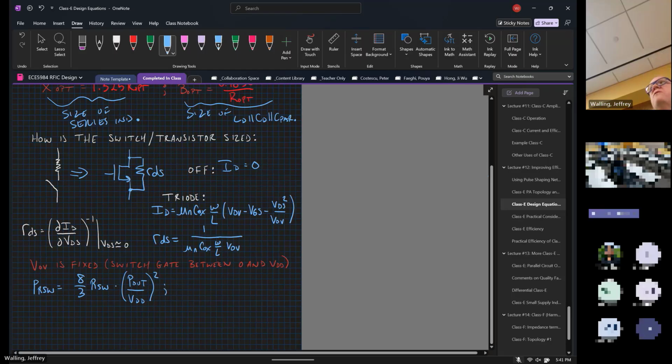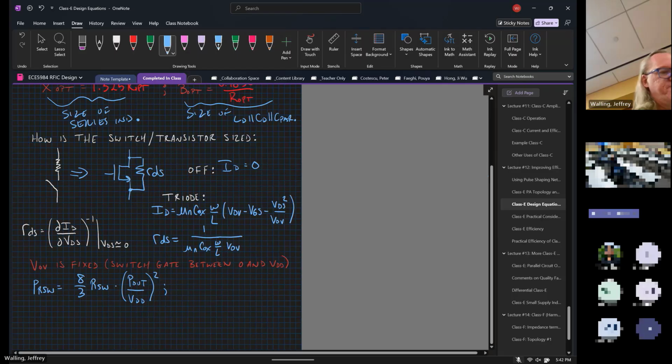And then the power that we dissipate at the end. So this is what we would call in a power electronics course conduction loss. So this is the loss that happens due to resistance in the channel of a MOSFET, or we can technically do this with BJTs as well. So it could just be in the